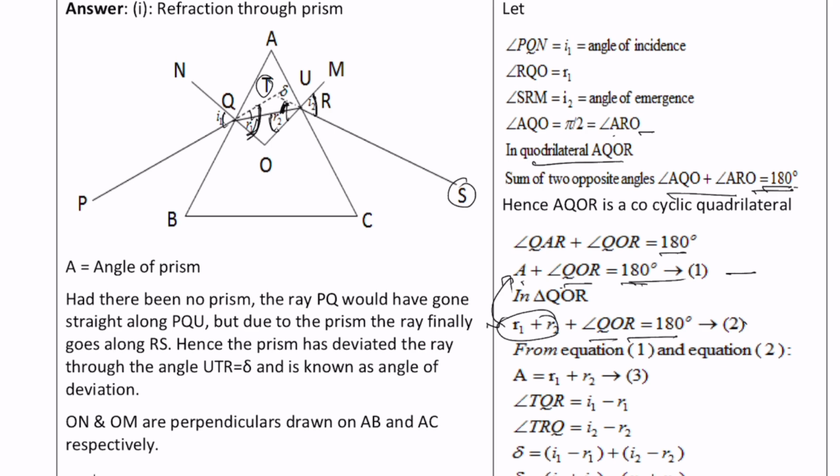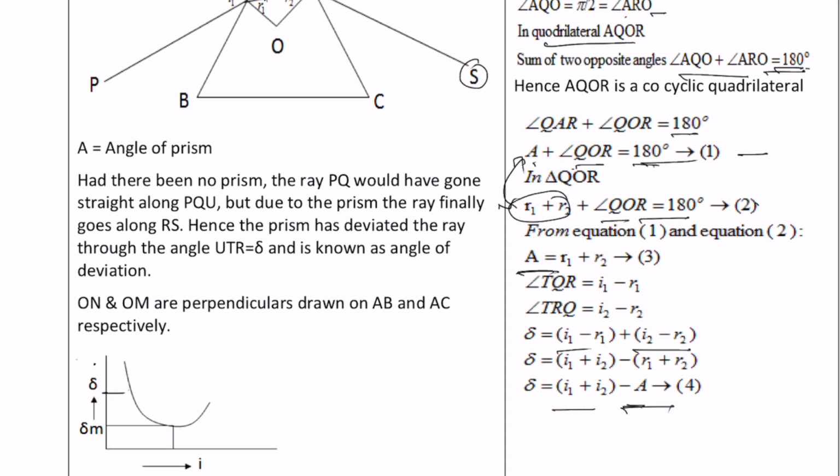So therefore, what is delta? Delta is the external angle of this triangle, correct? This external angle of the triangle is equal to the sum of these two internal angles. This plus this is equal to delta. So delta is I1 plus I2 minus A, since R1 plus R2 is A, as we know already. Okay. Now from this equation 4,